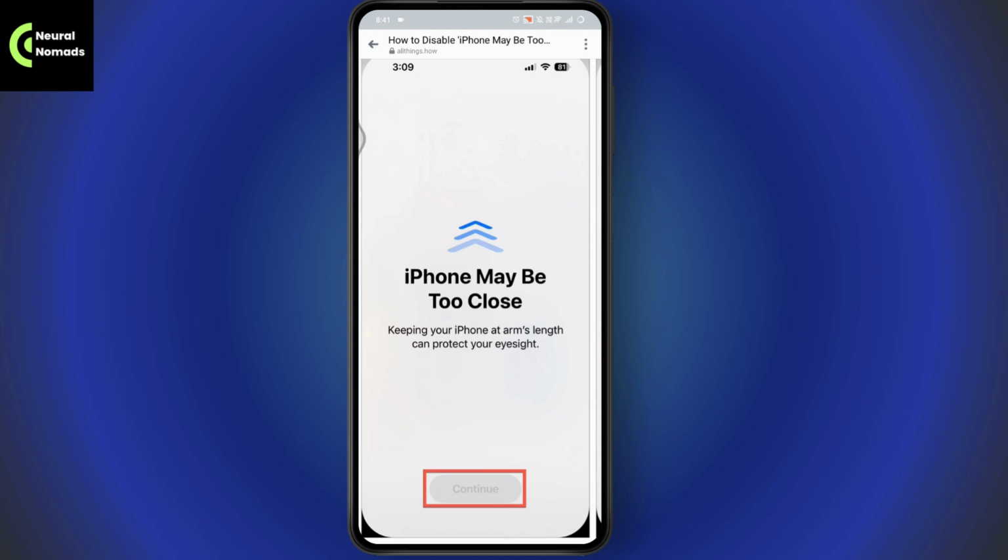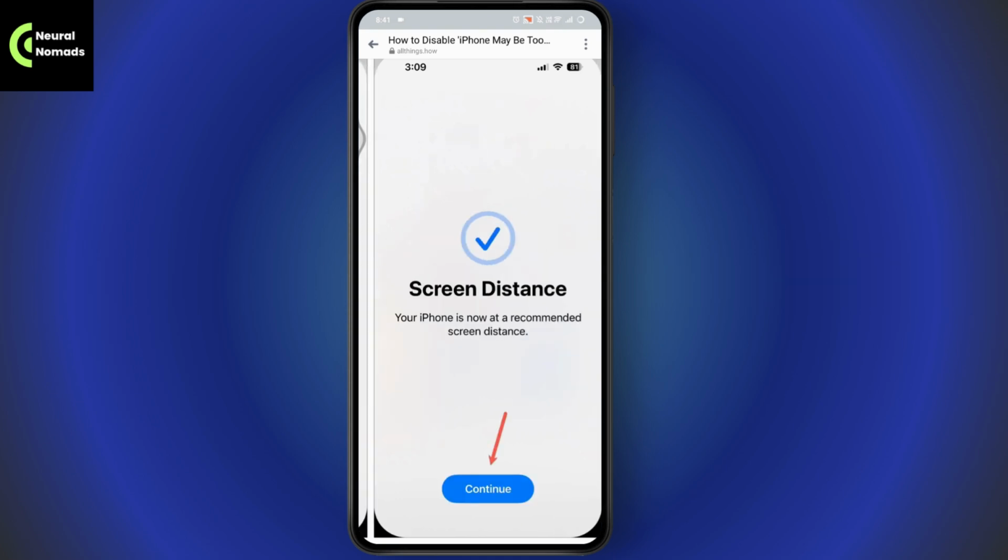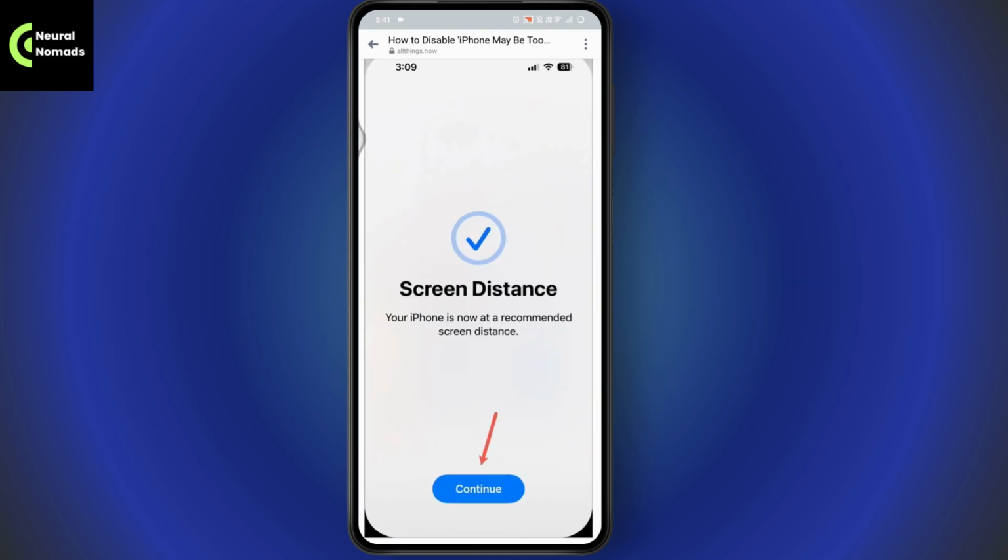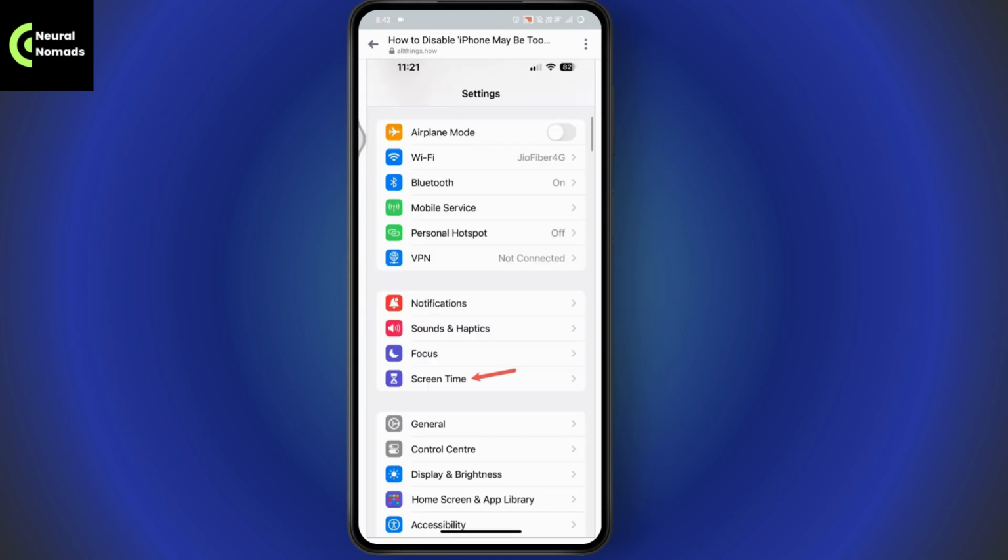Simply move your iPhone far, like 12 inches away from your face, and you will see the continue button on the screen change color. Here on the bottom, you will have this kind of continue button. Tap it to resume the task at hand. This might be your fix, but the second option is to open the settings app on your iPhone and then tap